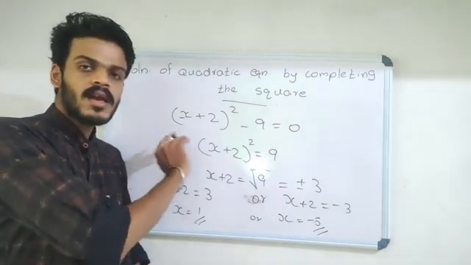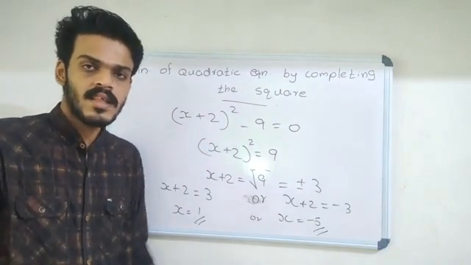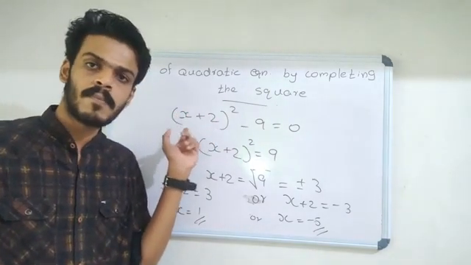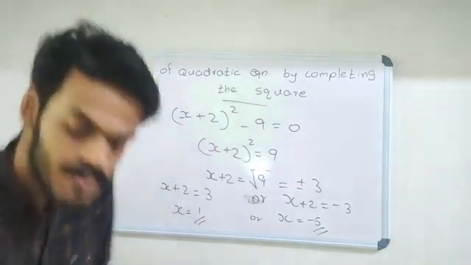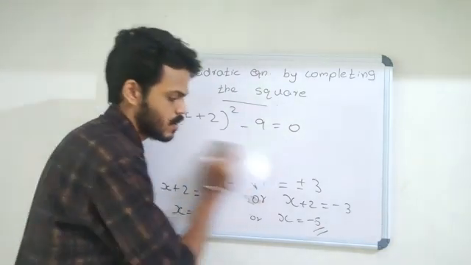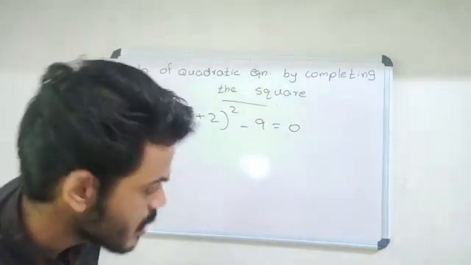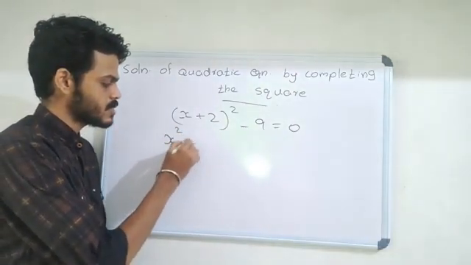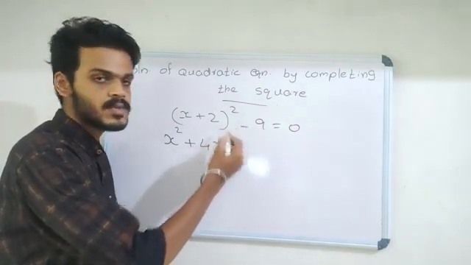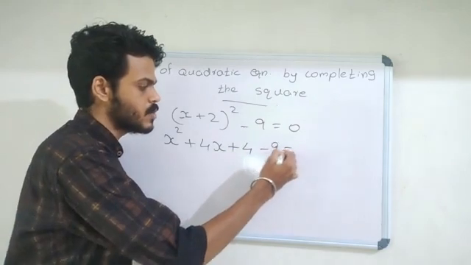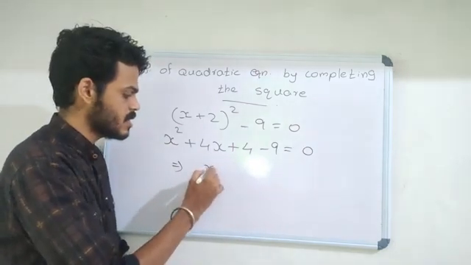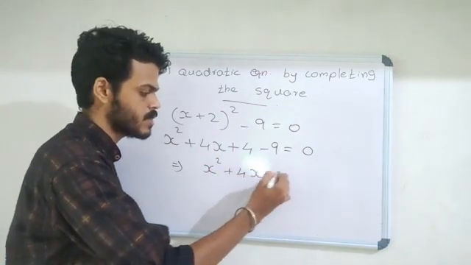Rather than this method, there is one more method that I have told you. We can expand (x plus 2) whole square using the a plus b whole square identity, and solve it that way also. Let us see: (x plus 2) whole square minus 9. When you expand this, you will get x square plus 2ab, that is 2 into x into 2, which is 4x, plus b square, that is 2 square, which is 4, minus 9 is equal to 0. And 4 minus 9 we can add, so it changes to x square plus 4x minus 5